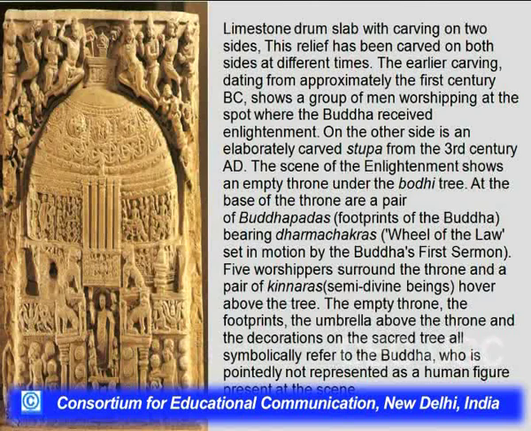Now you will see that this was carved on both sides, and it represents different times of carving. In all drum slabs you see a chronologically hierarchical evolution of art. The earlier carvings can be dated from approximately the 1st century BC, and they show a group of men worshipping the Buddha who had achieved enlightenment. On the other side is an elaborately carved stupa from the 3rd century AD,